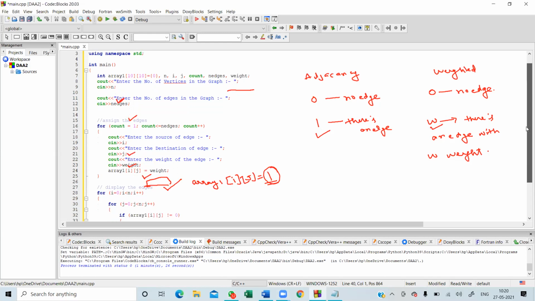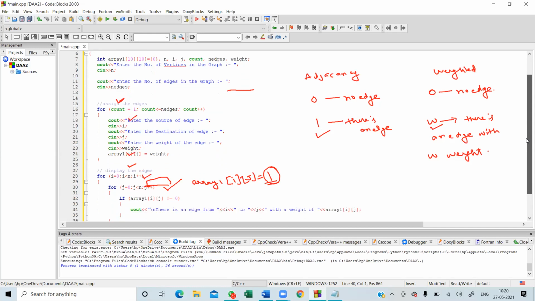The last thing is how we are going to display the output. As you can see on the screen, the output will be displayed in the form that there is an edge from I to j and the weight of that edge is array of I j.